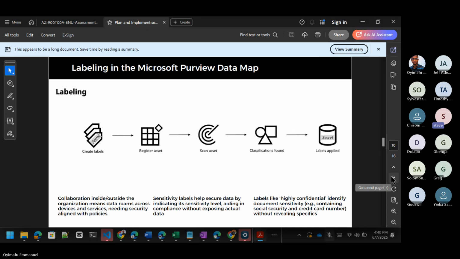And so once they see the label, they know that, okay, this is the sensitive data, and the Purview itself does not have to read the data, like read within the lines. So sensitivity label allows you to label data based on their sensitivity. So some benefits of sensitivity label is that